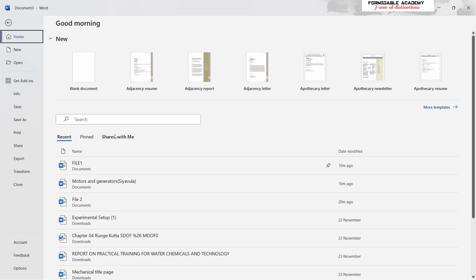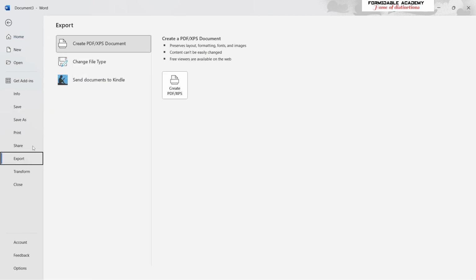And if they make changes, you can also see the changes they have made in the document. This is good for when you're working in a team, creating a team document, or working on a project as a team. Moving on to the other option here, it's an export option, which allows you to export your document